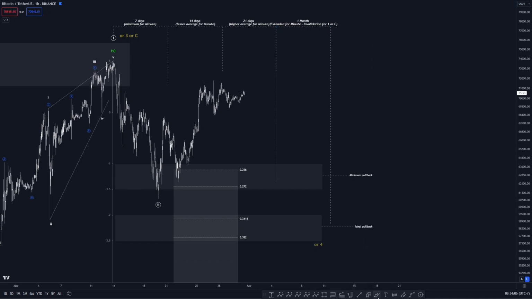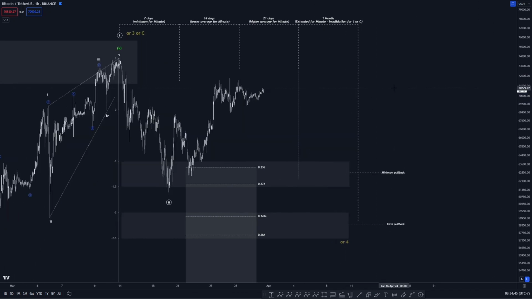And that's the goal here. The goal is to either be within plus or minus 1 standard deviation of the count or the degree that you're observing. So you want to at least be right on the ball with either the degree that you're observing or +1 or -1 of it. So -1 of this would be a minuette. Right on time would be a minute, and then +1 would be this minor degree. This is how you manage expectations, just from structure, price, and time perspective, utilizing Elliott wave. So we'll continue to do that.